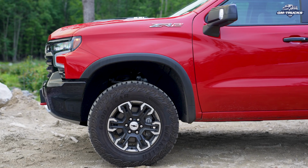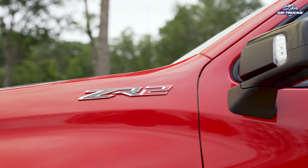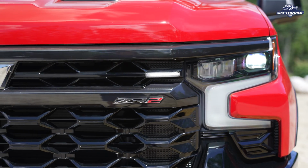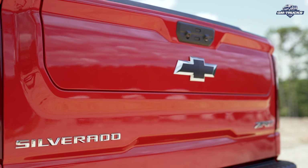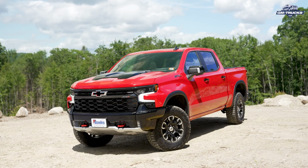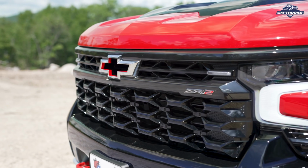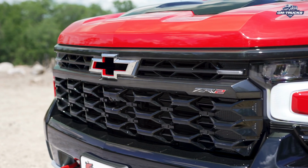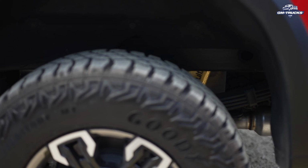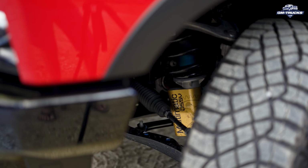Before we get any further, let's talk about what a Silverado ZR2 is, for those who haven't been following along or those of you that just need a little bit of a reminder. It starts off with a full-size Silverado pickup truck that's really similar to the Trail Boss trim, but Chevy makes a few differences that make it very similar to the Colorado ZR2 that was such a massive hit that Chevy launched in 2017. Basically, that equates to stiffer rear springs, DSSV Multimatic dampers all the way around, a 2-inch